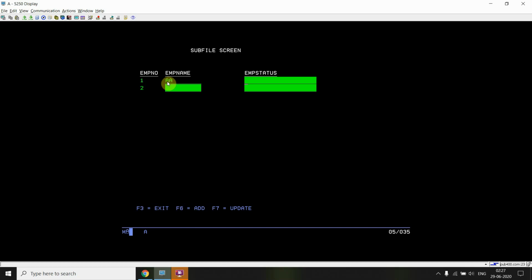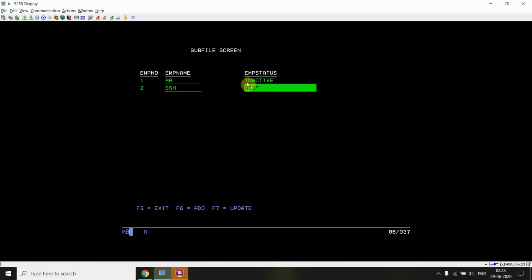If I press F7 again, you can see that the cursor is now pointing to the second field on the first RN. Okay, now if I put the value inactive and press F7, it will point to the first field on the second RN. Now if I write something here and press F7, it will point to the fourth one. Now if I write something other than active or inactive and press F7, it will again give me the error on that line, that field.